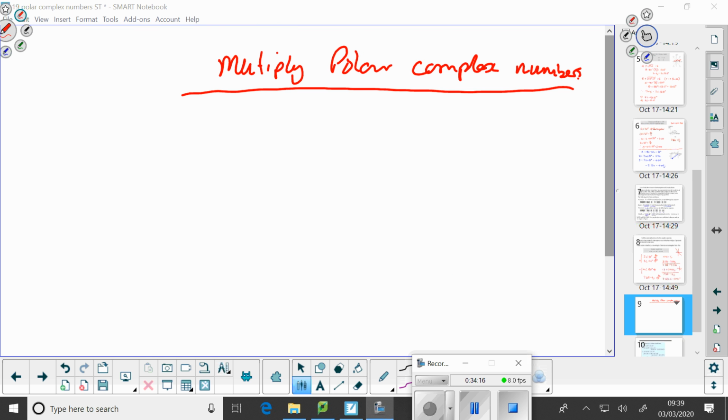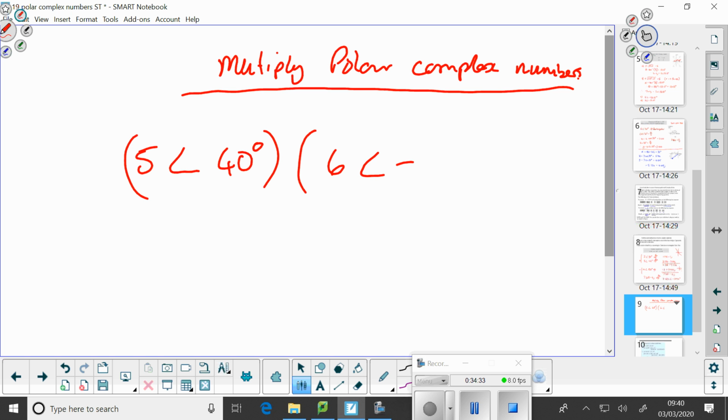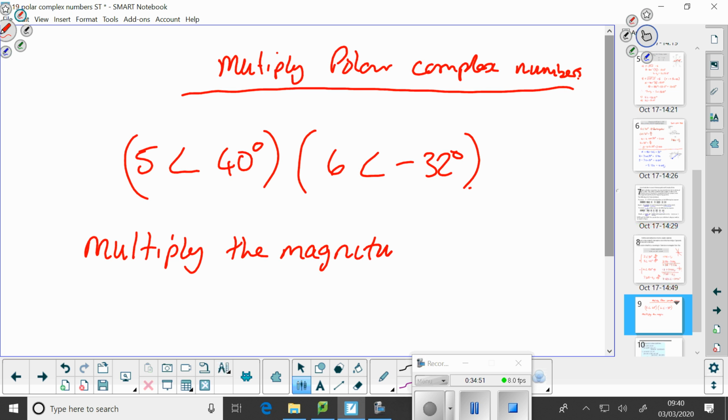Multiply two polar complex numbers together. I'll pick anything at random. So what we're going to do is 5 angle 40 degrees. I like to put them in brackets when I do this multiplication. Multiplied by 6 angle minus 32 degrees. Okay? What we do is multiply the magnitudes,